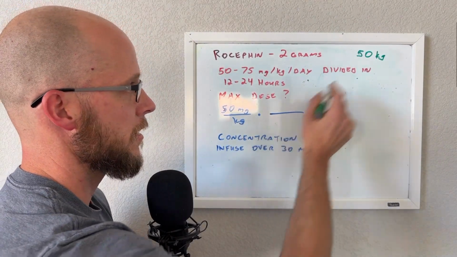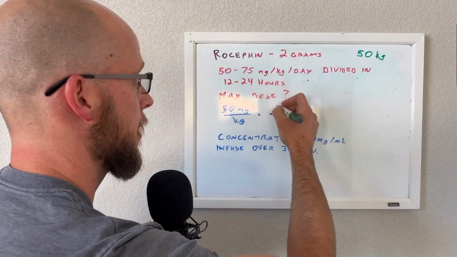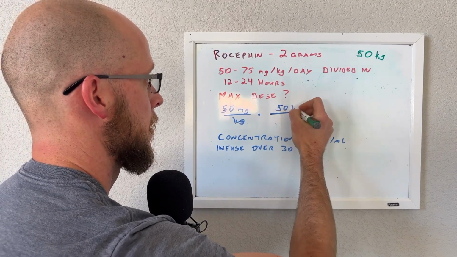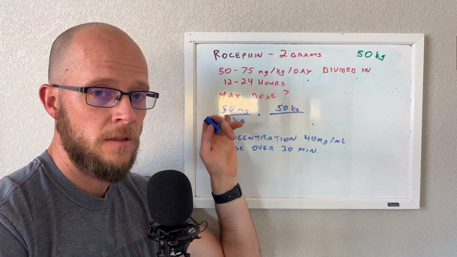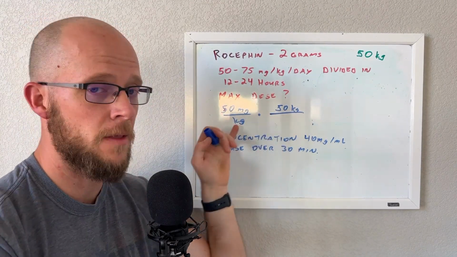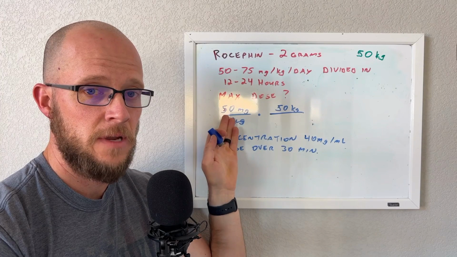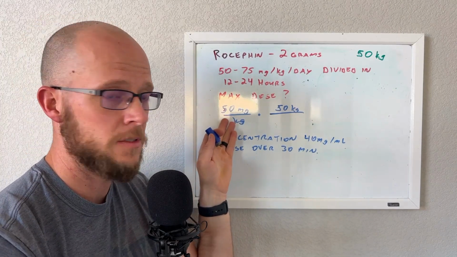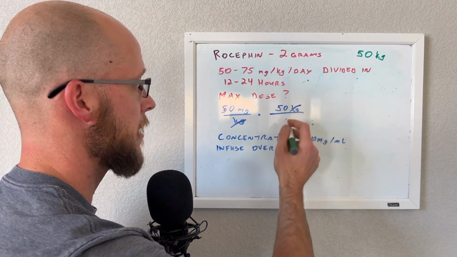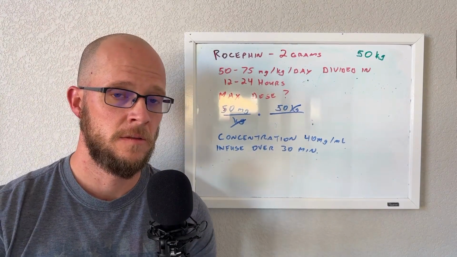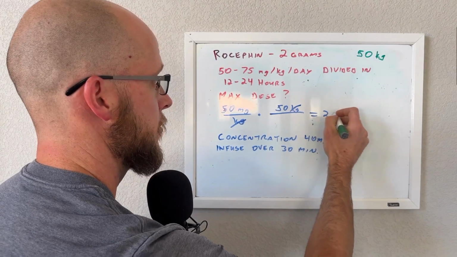here. So where do we put the weight at so that we cancel out on there? Right, so it's going to go on top. Okay, so 50 kilograms, which is just the weight over here. Don't let it confuse you with the safe dose here, the 50 milligrams. Okay, this is where you got to really make sure you're getting your numbers plugged in right. Okay, so your weight is over here, your safe dose is over here, the low end of your safe dose. Okay, so 50 milligrams times 50 kilograms, so your kilograms cancel out. So 50 times 50, what do you get? Right, so you should have gotten 2,500